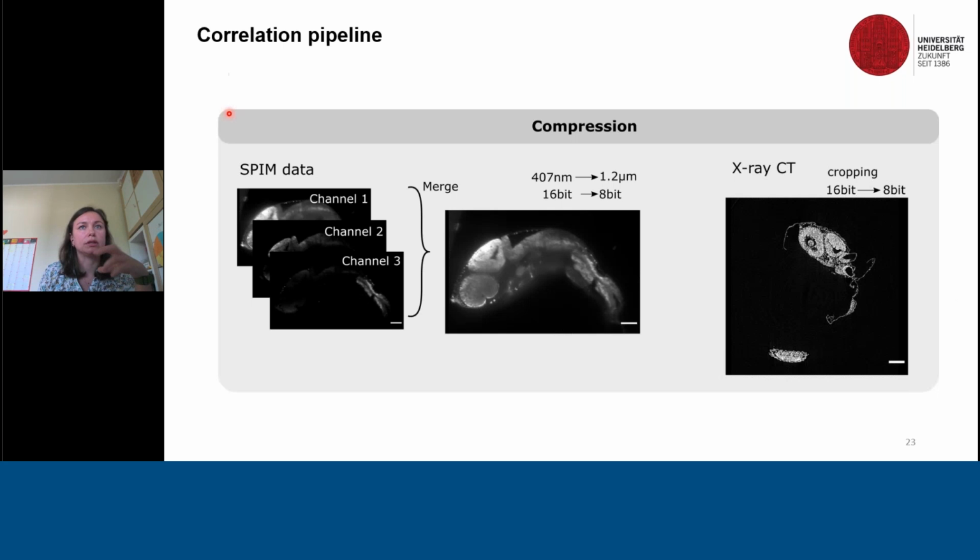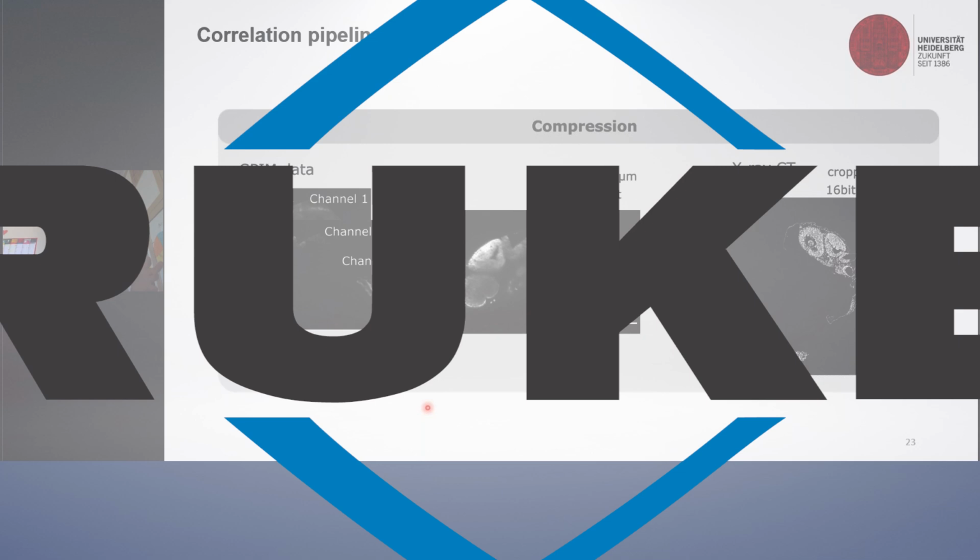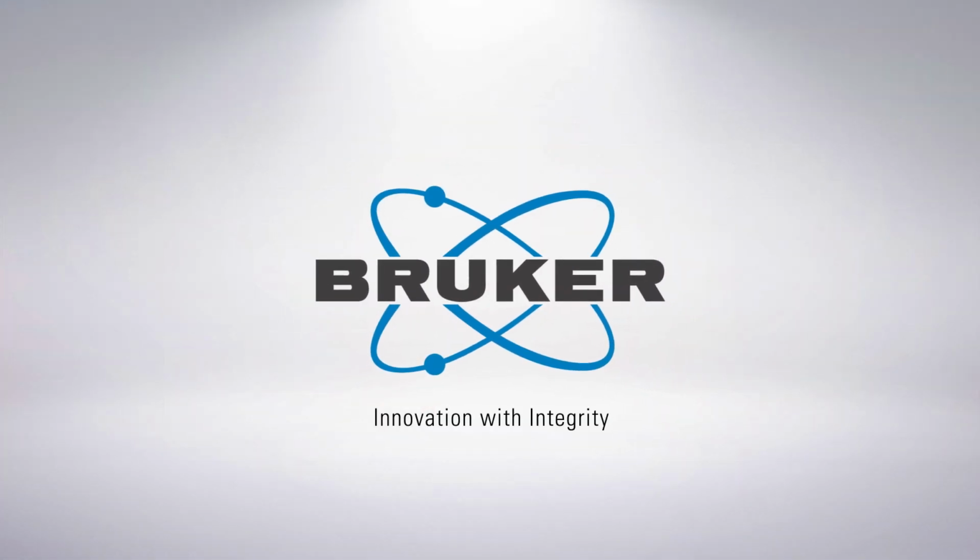For that, we have been working on a correlation pipeline. Thinking about 3-dimensional data and also light sheet microscopy data, it is clear to everybody that we are typically working with very large data sets. To simplify the computation, we have been working on first compressing the data set. In light sheet microscopy, you typically get many channels, and instead of working with each of them individually, we said the first task is to find the transformation matrix and then apply it to the original data. And for finding a transformation matrix, how to combine those 2 modalities together, one does not need